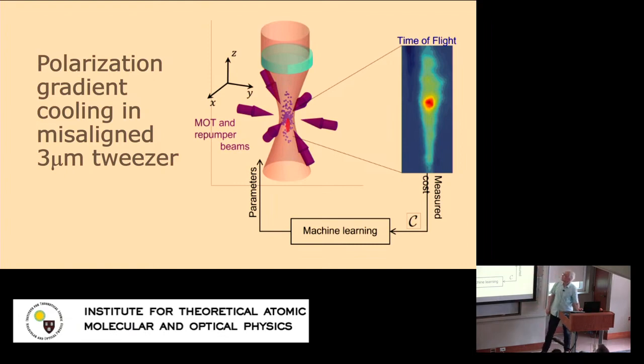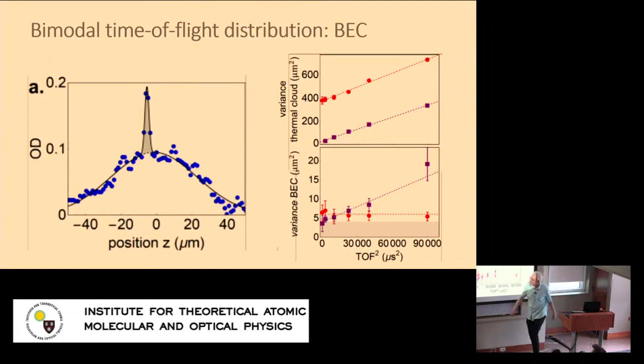However, we have this dense region, and if we do a time of flight with it, this is what it looks like. Okay, we have this very narrow peak that hardly expands at all. This is the time of flight. You see the thermal component in the 2 different directions, vertical and horizontal direction. So the thermal cloud expands isotropically at a temperature of about 30 to 40 microkelvin. And then notice this scale. This is the expansion of this little peak here, right? So this is hundreds of micrometers in the same time, and this is a few micrometers.